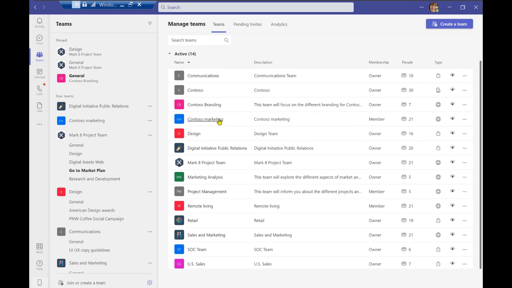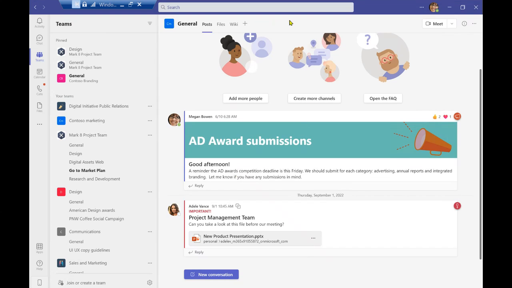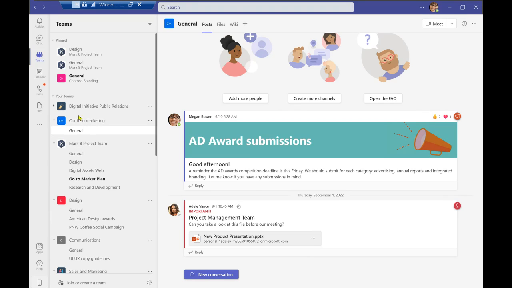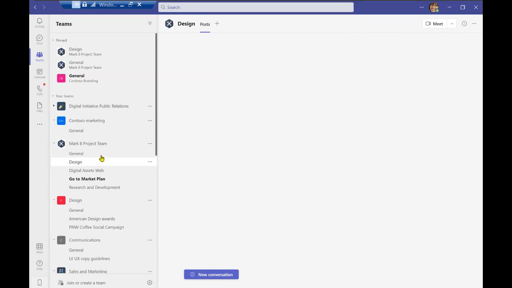So if I select this team and I'm drawn to the general channel over here, you'll see there's a few posts that have been exchanged overall throughout these channels, but you can go ahead to a specific channel. So right now at the moment we have a general channel, which is totally fine. So over here you can see that there isn't that much information that has been exchanged, but perhaps we can go to a different team. So we'll return to our Marquee project team and go to our design channel.